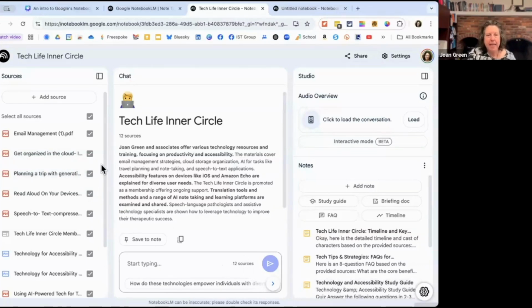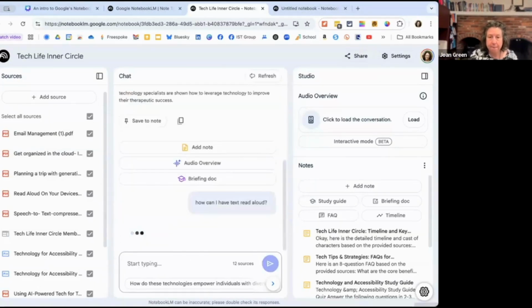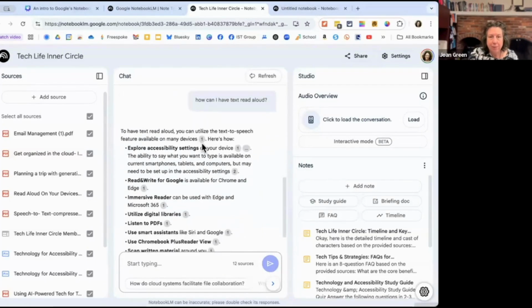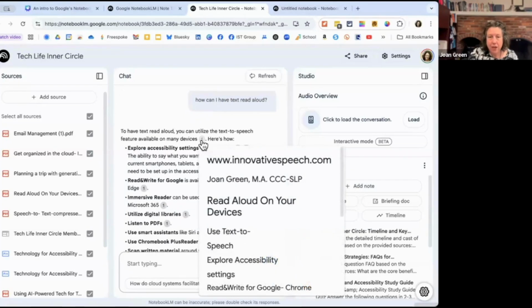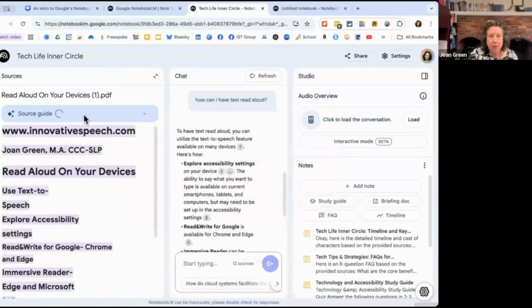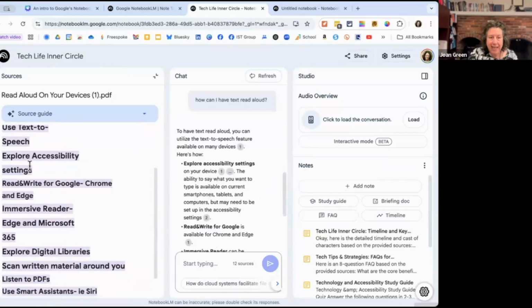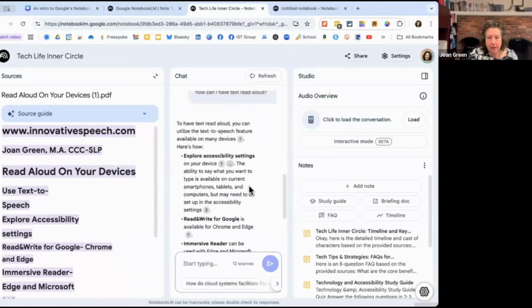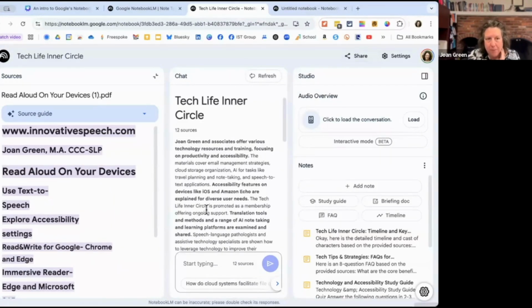And so I can ask it a question and it will give me the answer based on the information I gave it. So I could say something like, how can I have text read aloud? I can just ask it any question. It'll pull the answer from my materials and it will cite the references. So then I can go back and click on it. It will open up the reference and it will highlight where it got the answer from. So I just think that's really great. So that's like chatting with it. That's like using ChatGPT or something like that. But